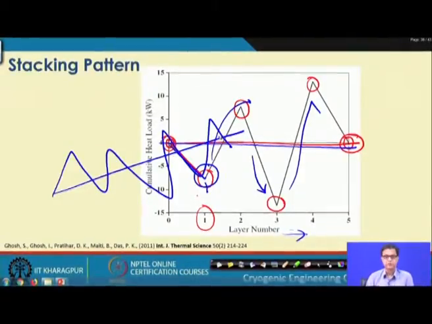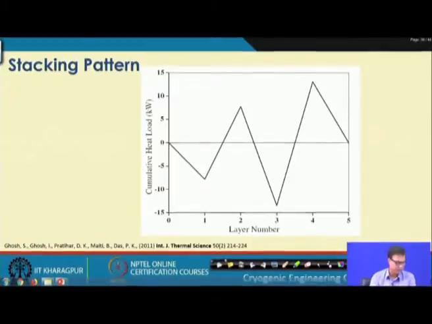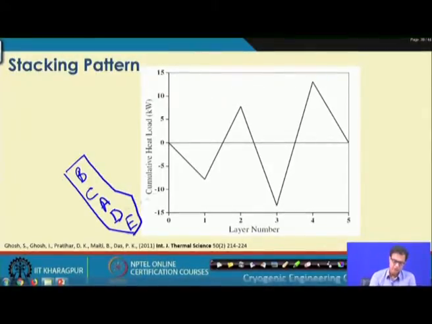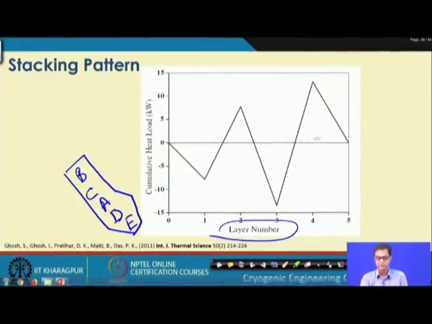In this context we have said that B, C, A, D and E was the optimum stacking pattern we have obtained from that genetic algorithm, and this cumulative heat load, when we plot it with the layer number, also reflects the same: the cumulative heat load follows this zigzag pattern. There is another indication of this